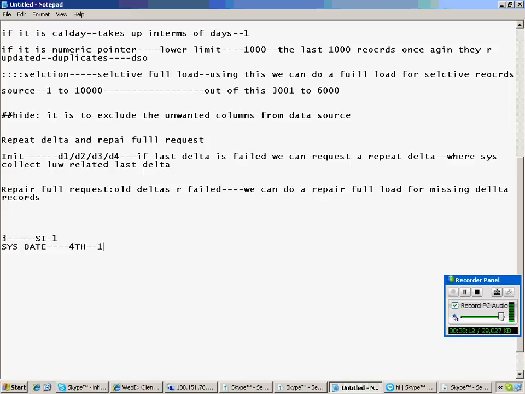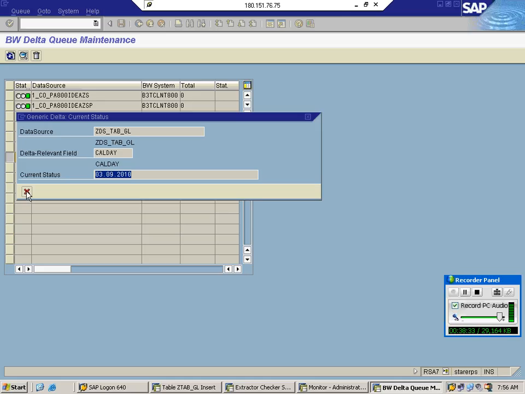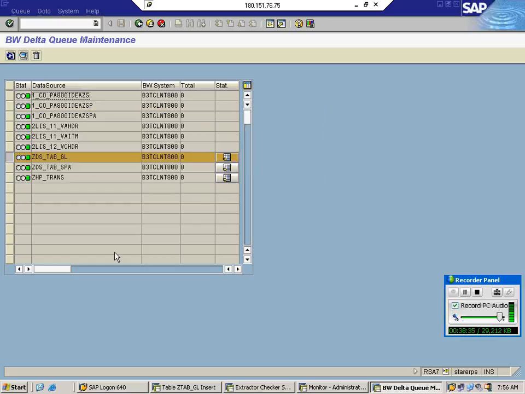So if I subtract 1 from 4th, what's going to happen? It becomes 3rd, right? So assume that the last timestamp is 2. Records are collected between 2nd and 3rd only. If the record is not falling into this category, what's going to happen? We are going to miss that record. Yes or no?